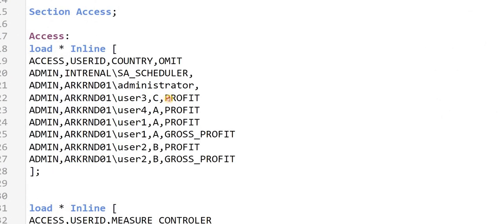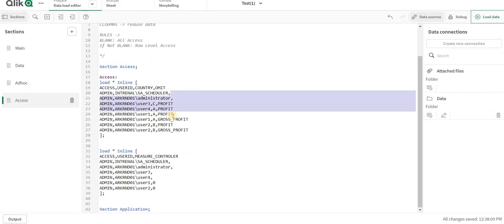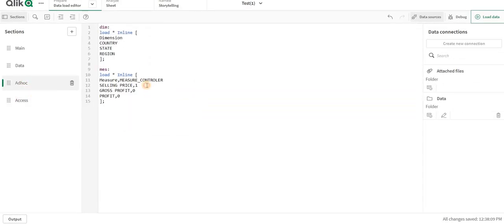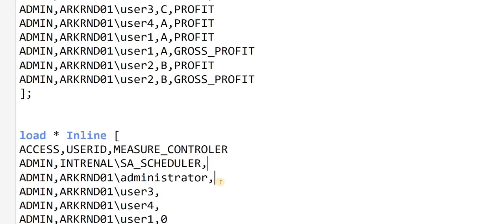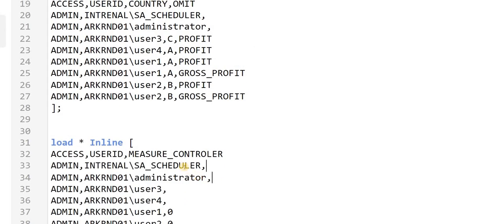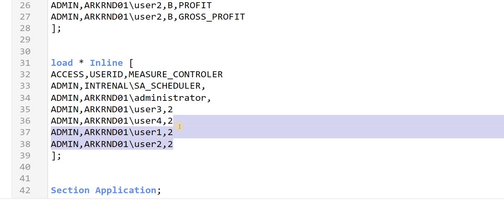As you can see, they have only one column, profit, which is to be ignored. So we can tweak it a little bit by telling 1, 2, 3. Okay, so by keeping these two empty, these are all access. Now for 3 and 4 it is 2, and for 1 it is 2 as well as it is